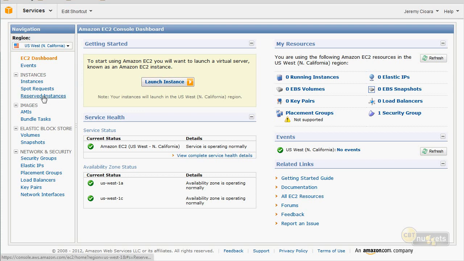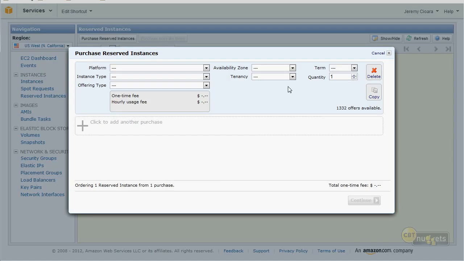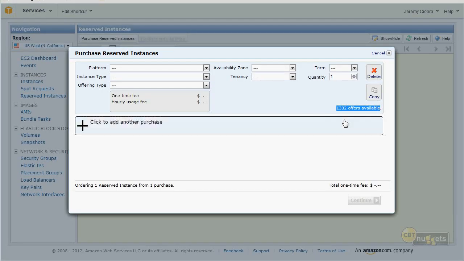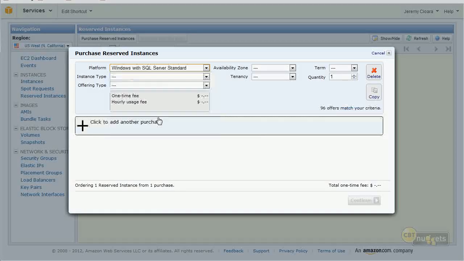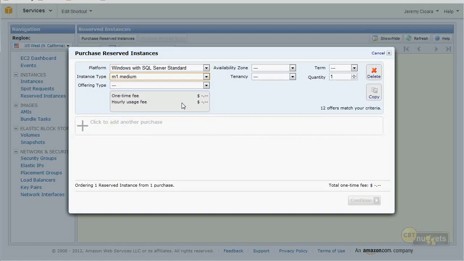If you want a reserved instance, you open up this little purchase reserved instance wizard. Initially, when it loads up, it'll show you loading offers. It actually just came right up because I clicked on this just a moment ago. But it says, okay, put your choices together, and this is where you say, well, I want a Windows with SQL Server, I want a medium instance, and I want heavy utilization. I'm going to use this all the time.